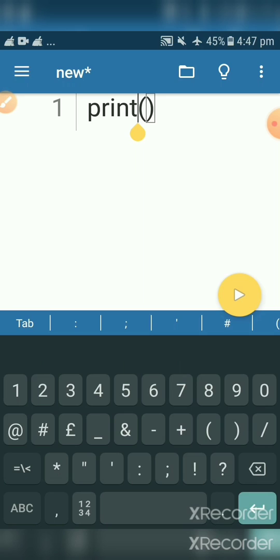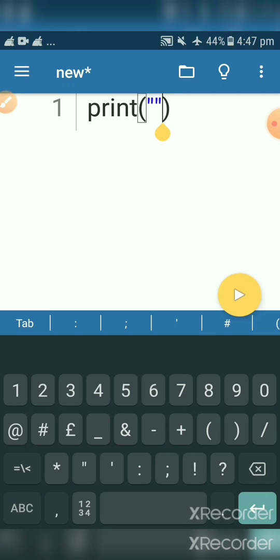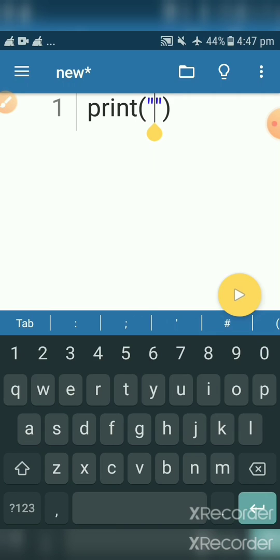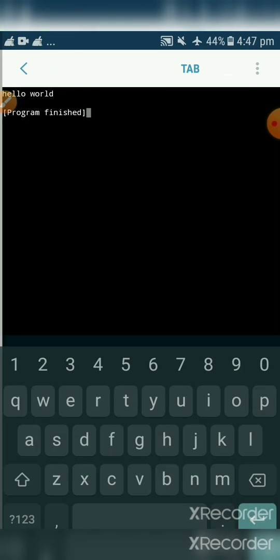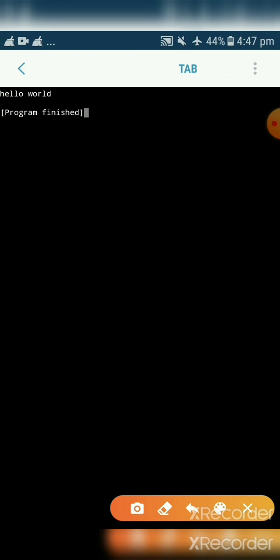Inside that, put double quotes like this. Now enter hello space world. Now this yellow button is your run button. If you are able to see the output here, hello world, program finished. In this way you will get the output with the help of the print function.